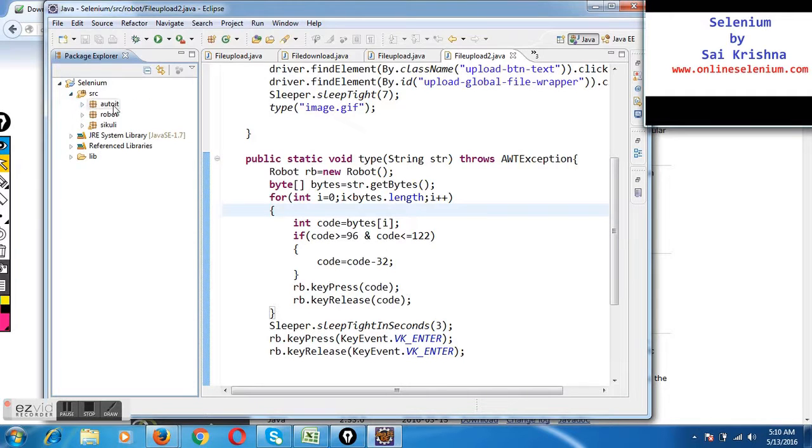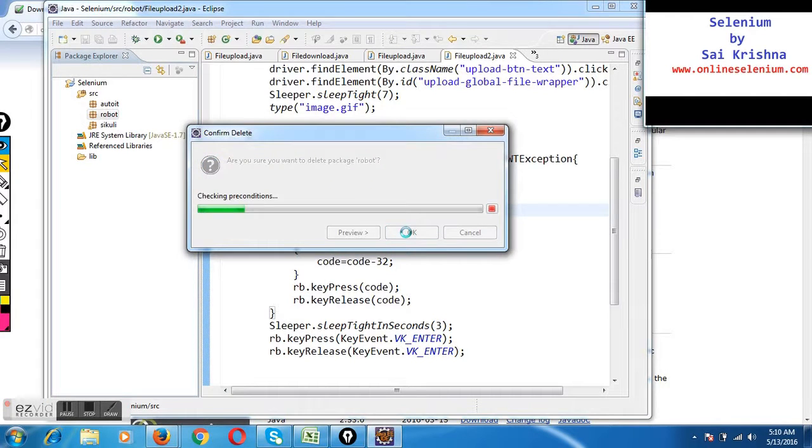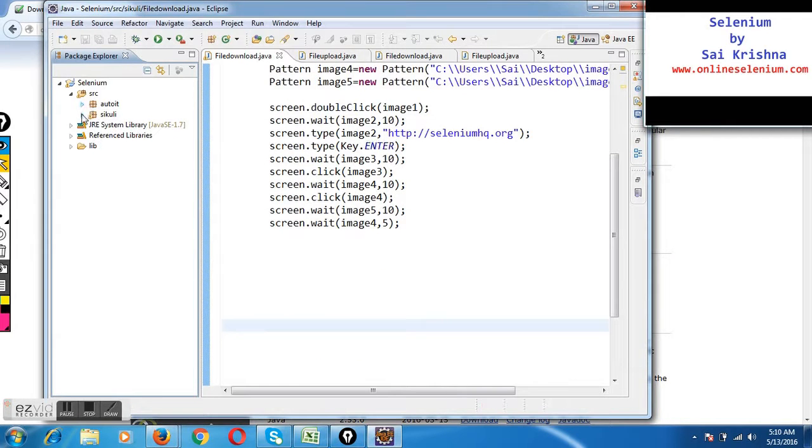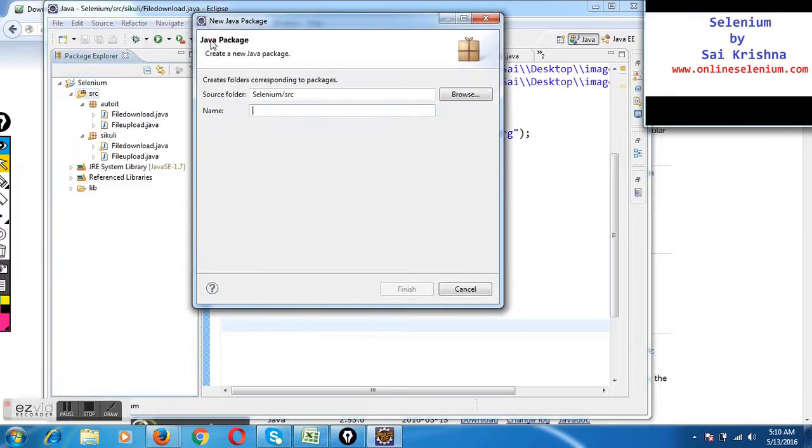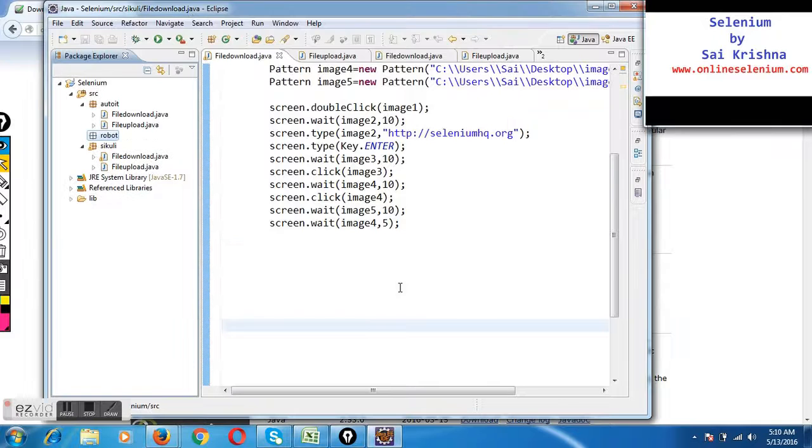In fact, this is the robot package which I created earlier. Let me delete that because we'll start everything from the beginning. This is the Sequely file download and upload program, and similarly the AutoIT file upload and download. Now I will create a package called robot, in which we will write the program for doing the same upload and download, but this time we will use Robot.